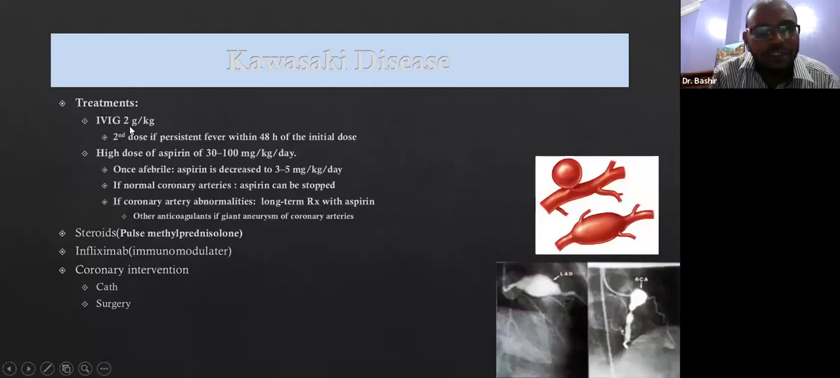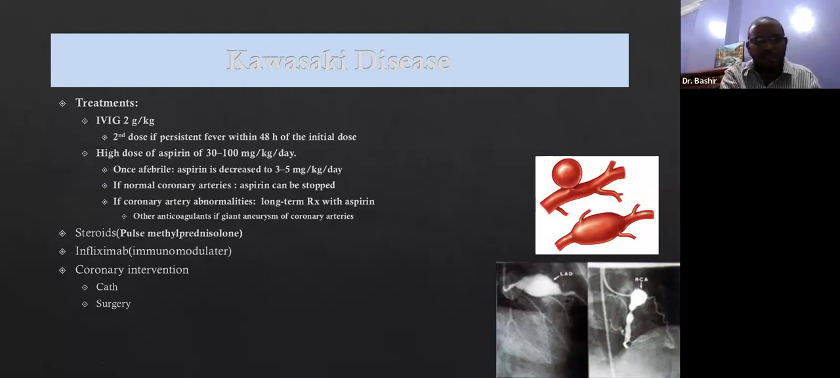Treatment: the gold standard is IVIG, intravenous immunoglobulin, a single dose of 2 grams per kg. Sometimes, if the fever persists after 48 hours of the initial dose, you can give a second dose, but most likely it will respond to the first dose. It is rare not to respond, but sometimes you will have a refractory Kawasaki, and you have to give